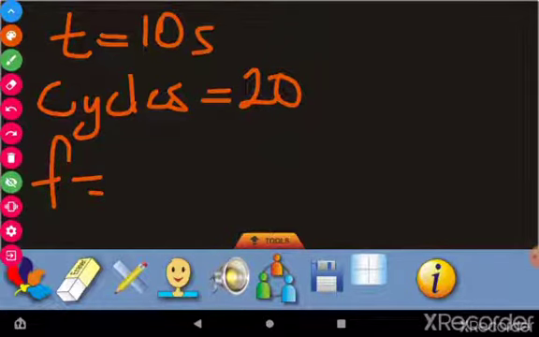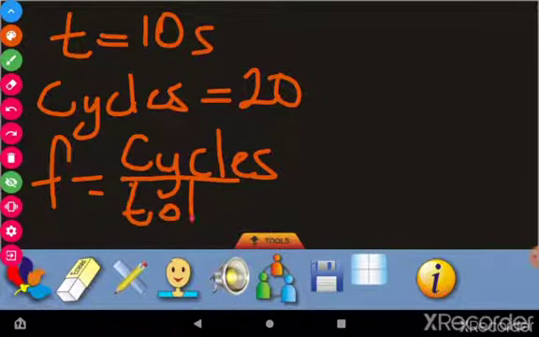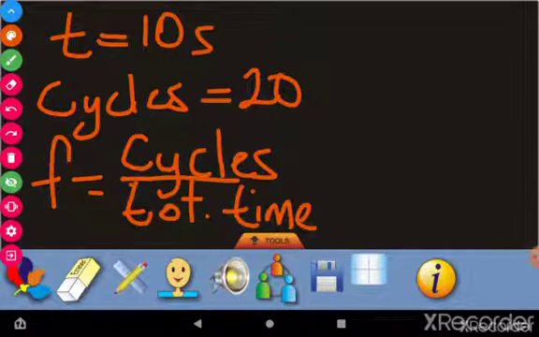We know that frequency is equal to what? The amount of waves that pass per second. And frequency also has another formula, which is cycles over the total time, and we can put TOT, total time. So let's calculate the frequency right here. What we're calculating